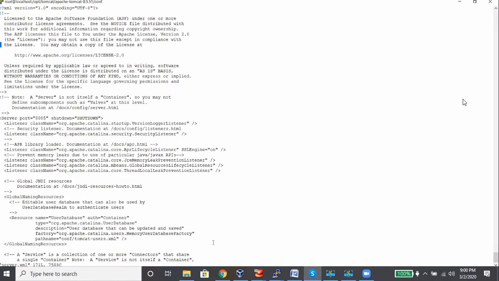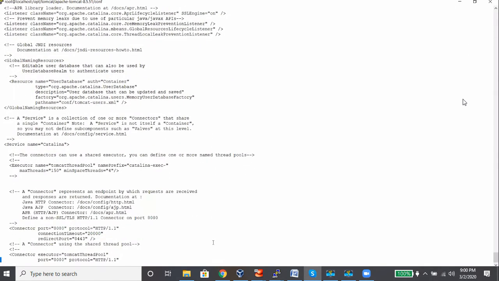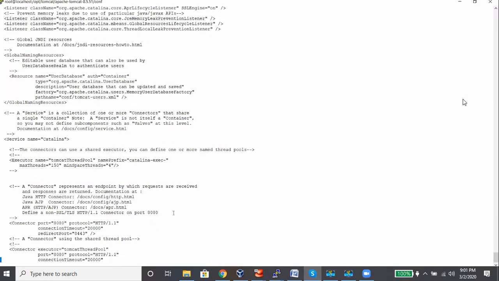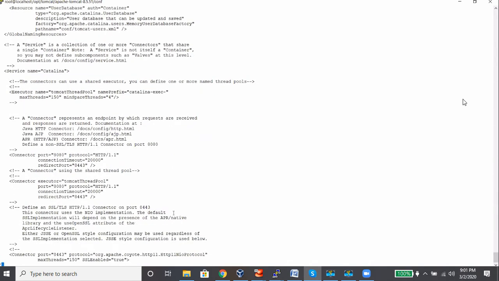So here let's look at the configuration, what it is. Connector port is 8080. So the connector port is 8080. It's not a problem.